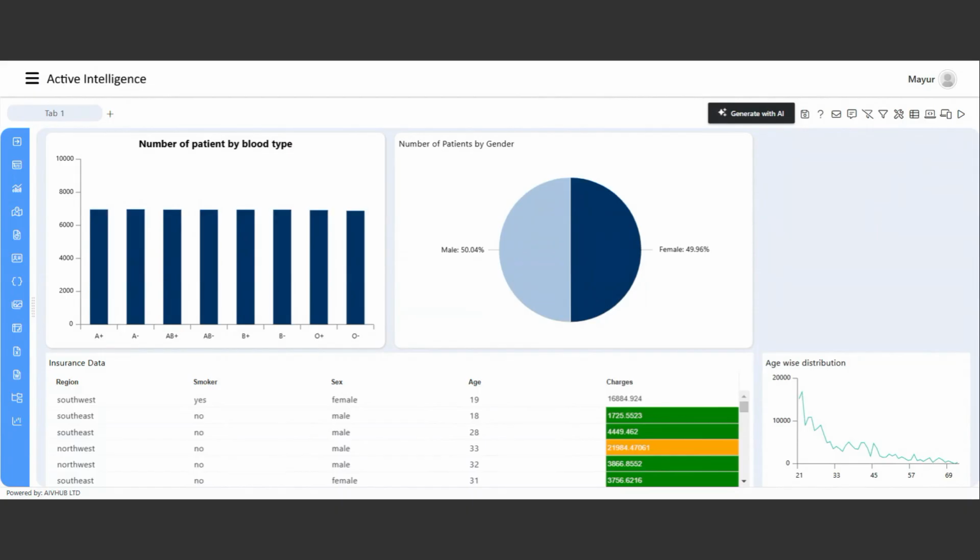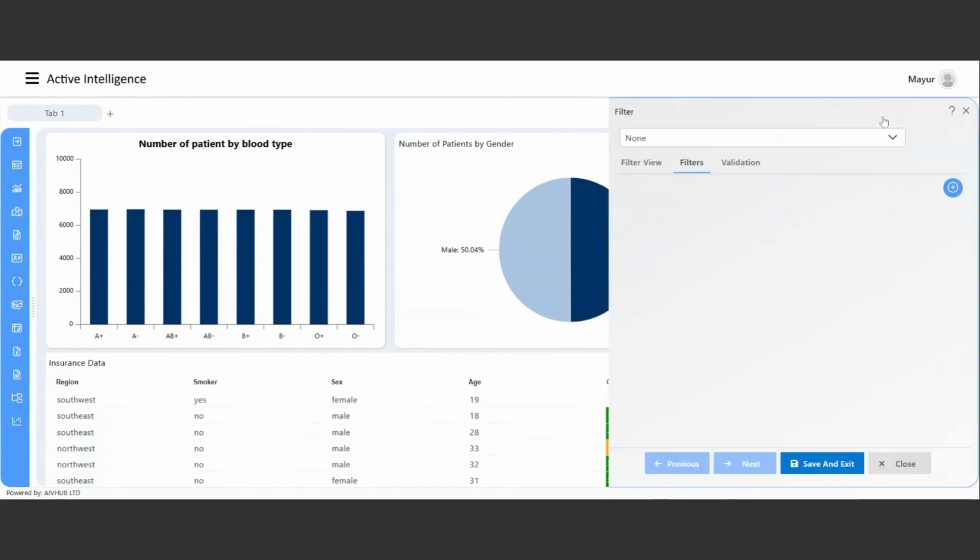Now we can create the filters as well on top of this. So let's say if we want to create the filters, just click on this filter tab, click on this plus icon, and here we will be creating a filter for, let's say, male and female. So we will be filtering this table. So gender,